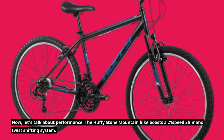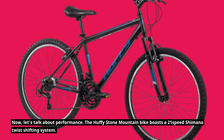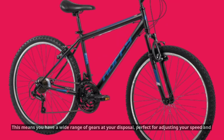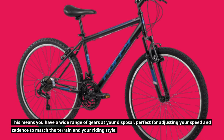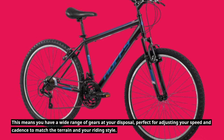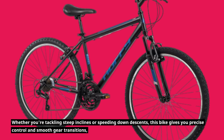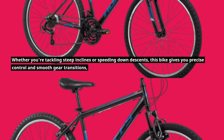Now, let's talk about performance. The Huffy Stone mountain bike boasts a 21-speed Shimano twist-shifting system. This means you have a wide range of gears at your disposal, perfect for adjusting your speed and cadence to match the terrain and your riding style. Whether you're tackling steep inclines or speeding down descents, this bike gives you precise control and smooth gear transitions, thanks